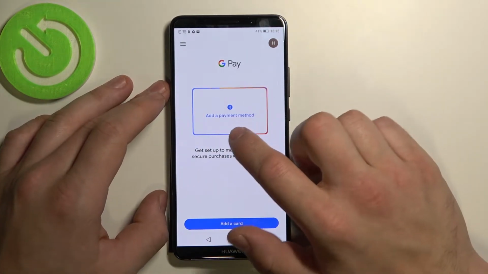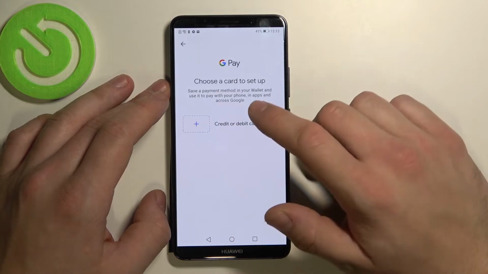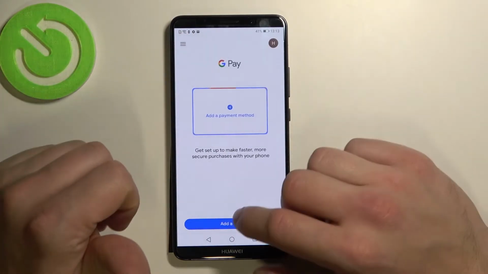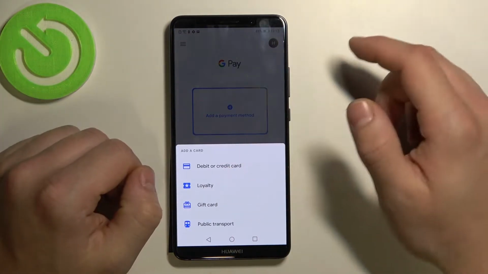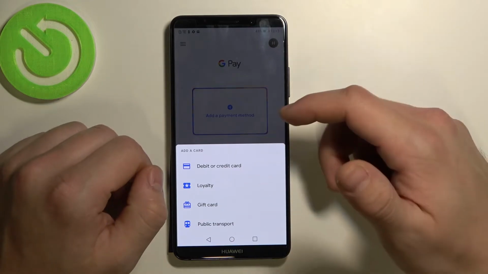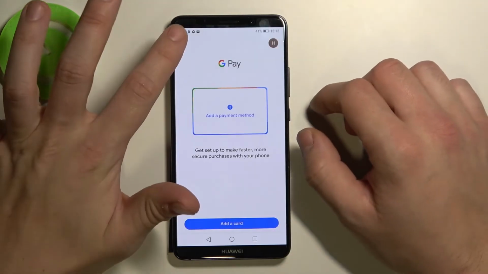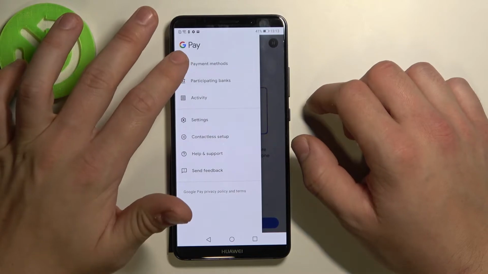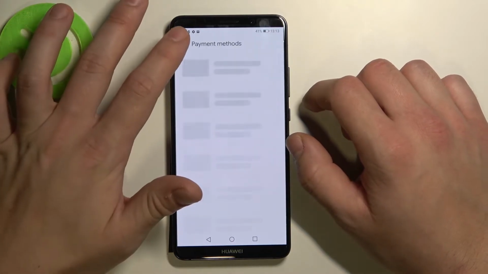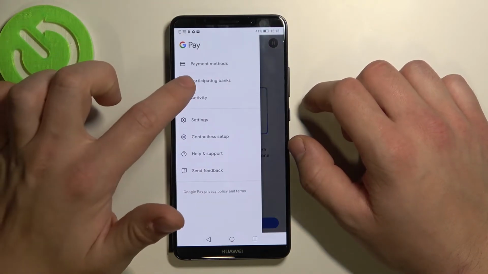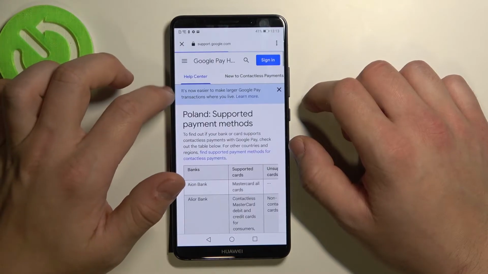Now, if you tap on this button, you can add payment method. And in here you can add different types of cards like loyalty, gift card and public transport. If you tap here, you got access to all your payment methods, list of participating banks,